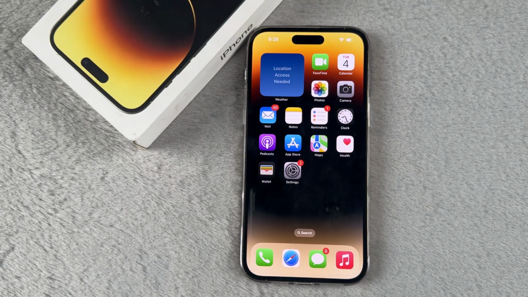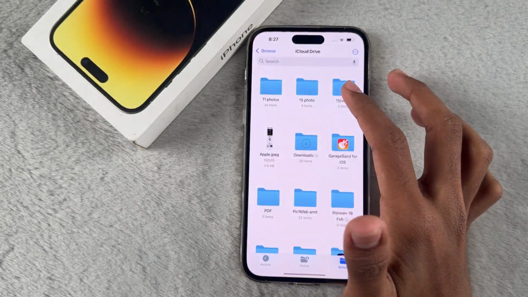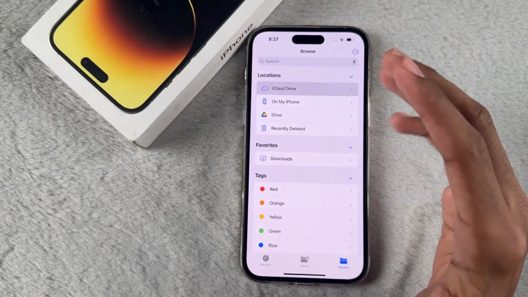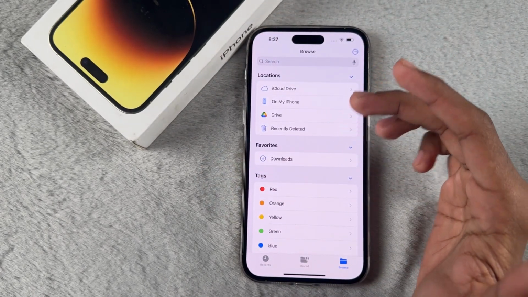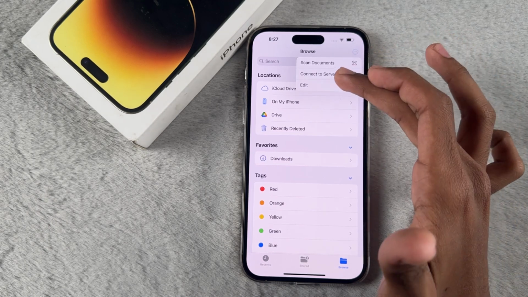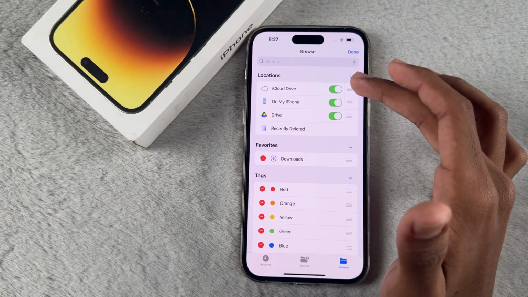In today's video, I am here with a quick fix for when you get the file doesn't exist or file could not be removed error. First, open the Files app on your device, go to the Browse tab, then tap three dots in upper right corner, then select Edit option, turn off all the toggles, tap Done